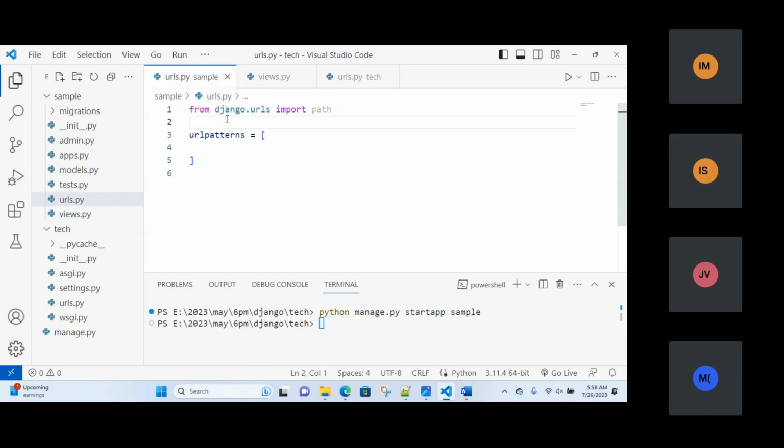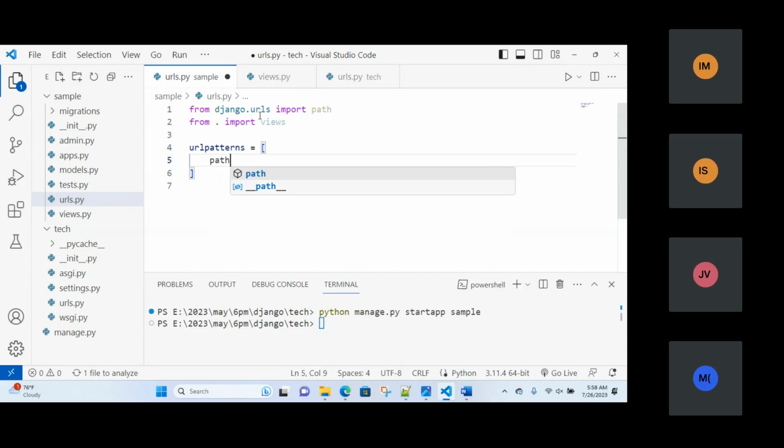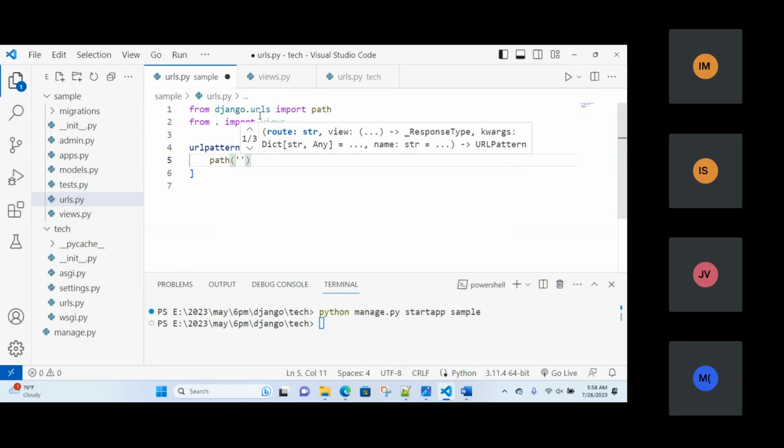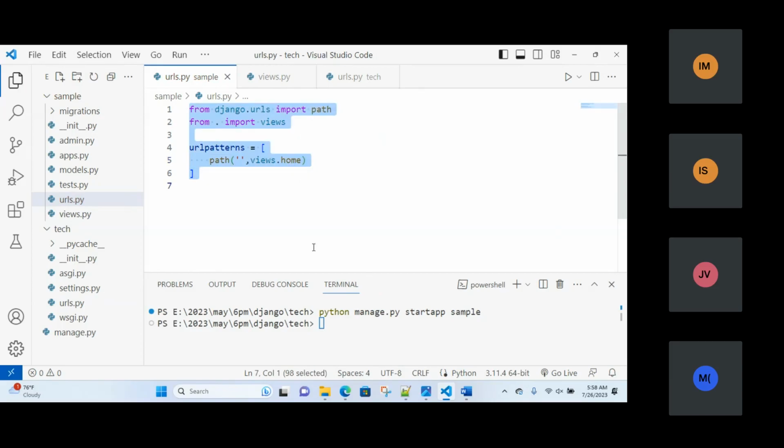Now let me save this, and here I have to connect these views with the urls. So for that purpose, first I have to import this particular views here. It is in the same folder, so I'm mentioning dot, and here what I want to import, I want to import the views. Here you have to mention what you're passing. This will be my main page which I want to display. So I'm not writing any name here, and later I can display the other names for other pages. And here I'm mentioning the views, and what you have written in the views, that is nothing but the home function. And now let me save this and let me run this particular